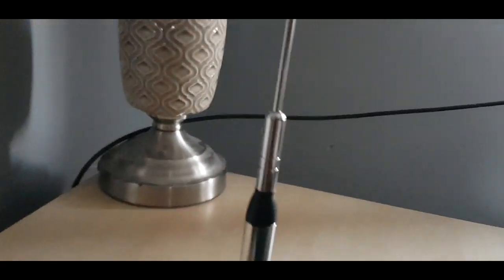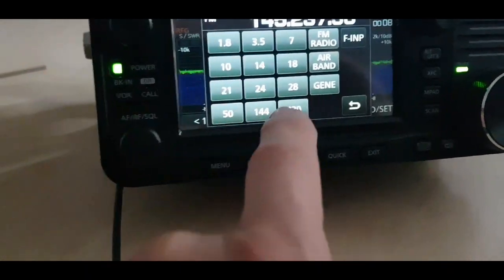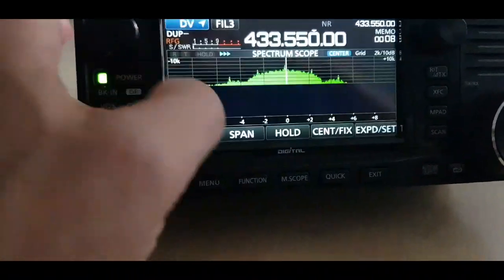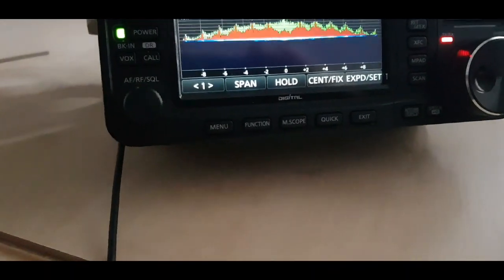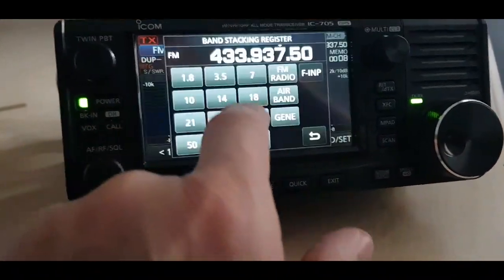Yeah, so we've undone the Allen key things here, and this goes up and down. We've pushed it all the way in. And now, when we whistle, we've got a better SWR now. Let's try 70 centimeters, see if that one's any good. Yeah, on 70, let's get it into FM. Move off that a bit. Let's give that a whistle. Yeah, on 70, the SWR is okay straight away, and the power's reasonably high. Not too bad. So on 2 meters,